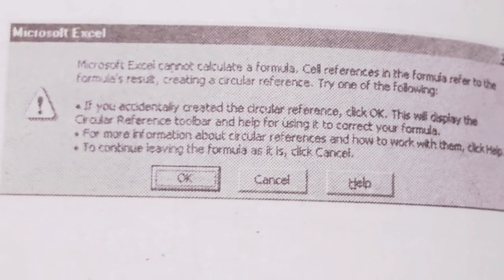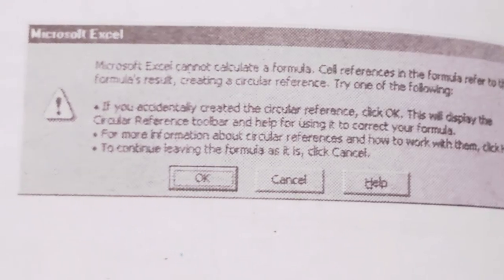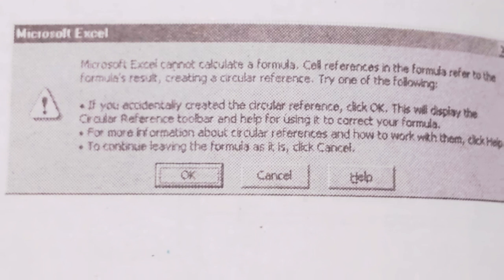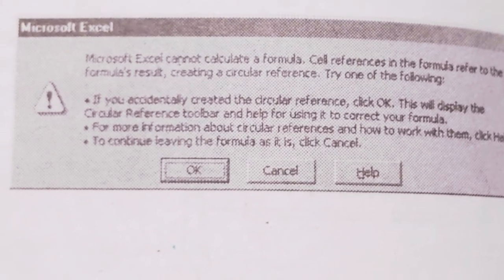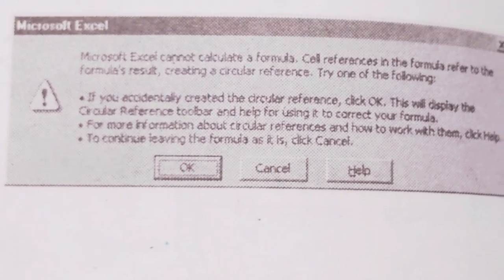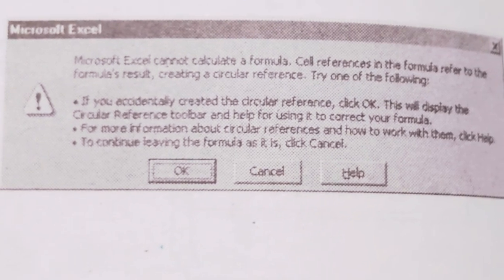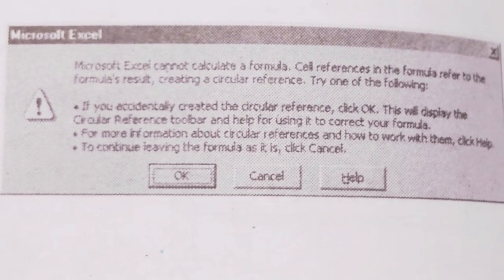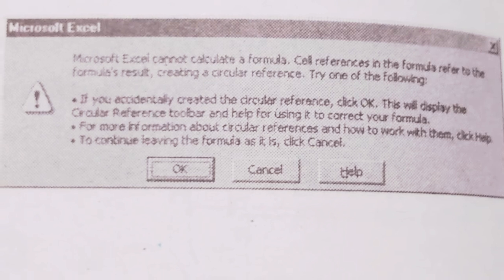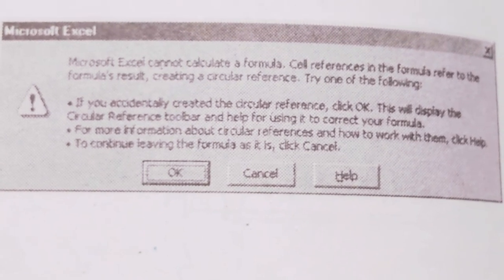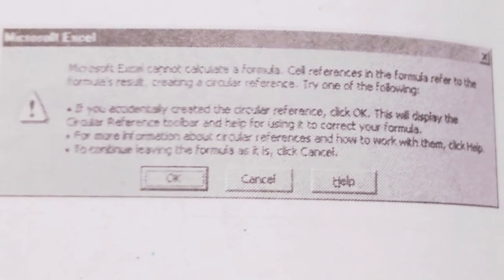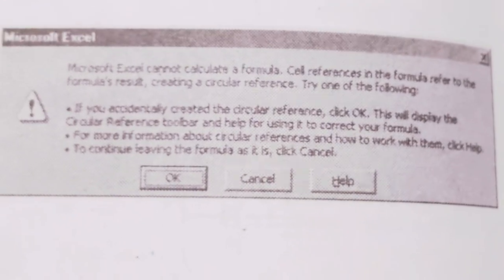To fix a circular reference, try one of the following. Three options are there; follow any one of them. If you accidentally created the circular reference, click OK.